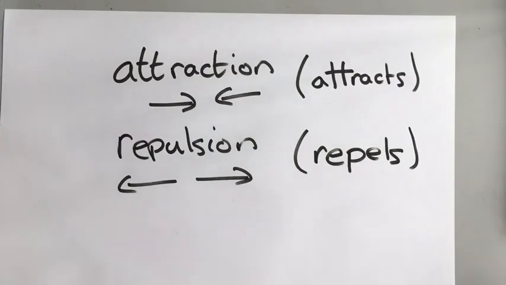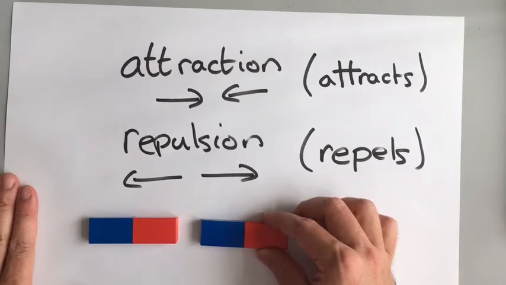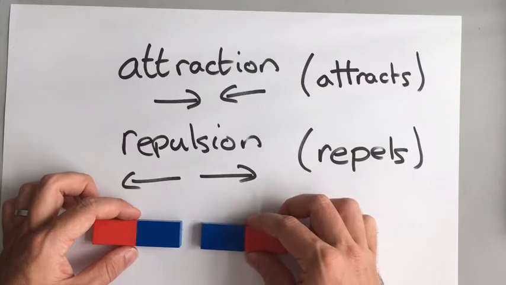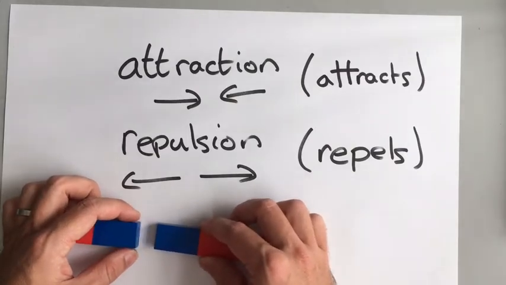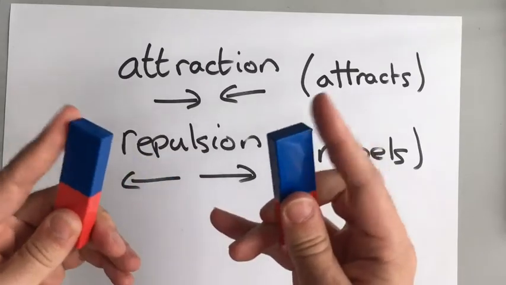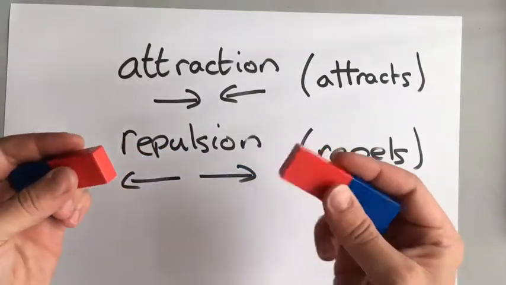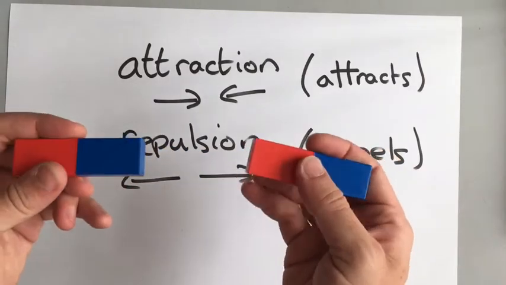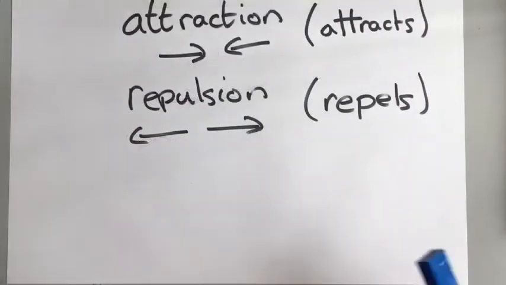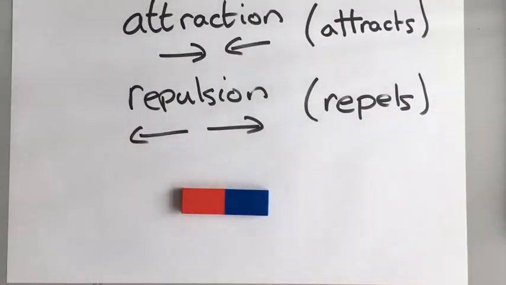And if we look carefully at the colours, we can see what happens when we have opposites attract and the same sides repel. So we say that like poles repel. The different ends of a magnet are called the poles. So like poles repel, and unlike poles attract. So now the reason that happens is because around a magnet there is something called a magnetic